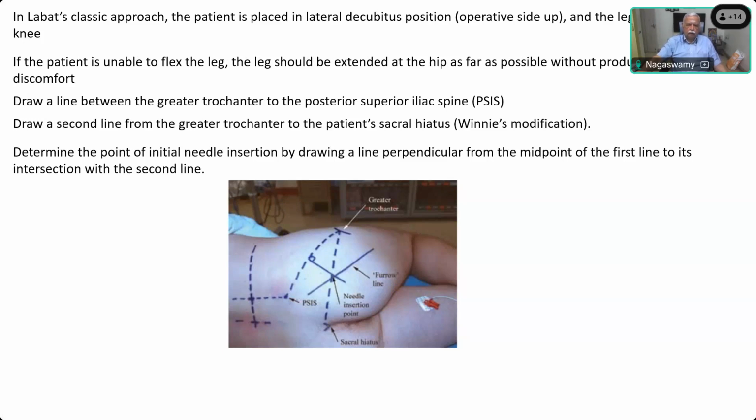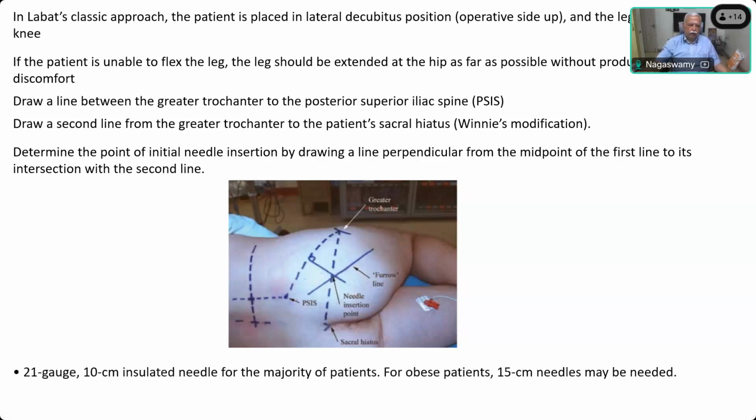On the contrary, if you draw the second line connecting the greater trochanter to the sacral hiatus, the point of intersection with the vertical line will be more or less in the same place. And the third method is to identify the furrow line or the small depression that will be formed by the gluteus maximus muscle, and that line also will be cutting the second line. This is the line connecting the greater trochanter and the sacral hiatus, and that will also end up in the same point. So these are the methods of identifying, and you use a 21 gauge 10 centimeter insulated needle